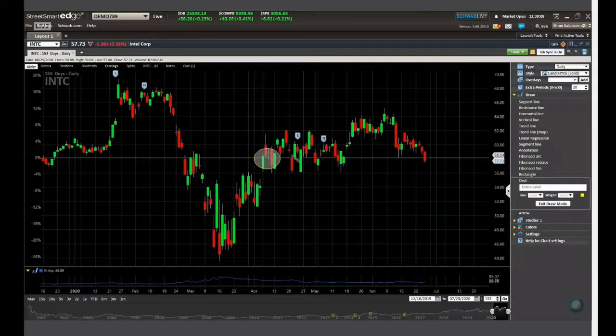Or maybe I say, well, I'm looking at the measured move. This one from here to here is about $8. I'm looking for an $8 gain. And it doesn't quite happen, right? So maybe what you could have done is utilize that trailing stop, in which case you might have gotten out at one of these points, or almost certainly you would have gotten out down here.